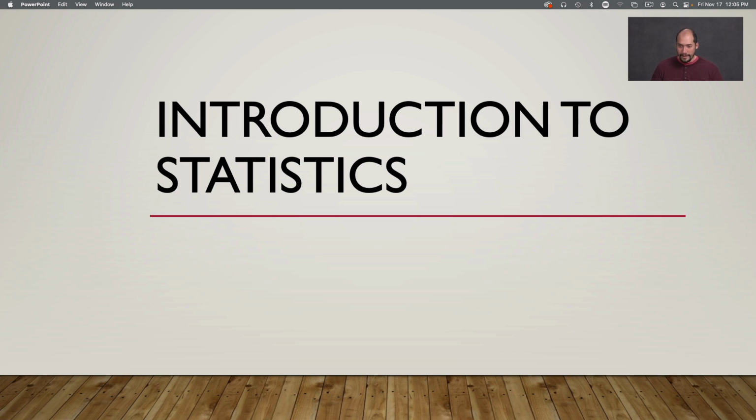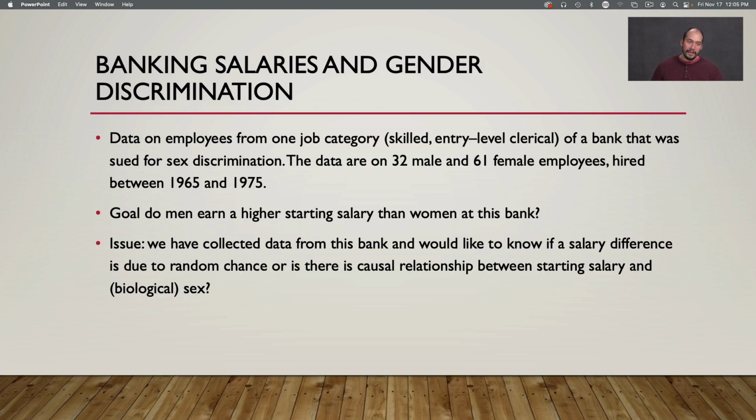Hi and welcome. We're going to be talking all about statistics today and ways in which data arises. So let's begin, and we're going to start talking immediately about data that arise based on a possible discrimination case